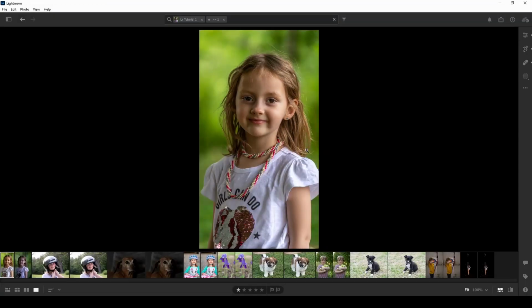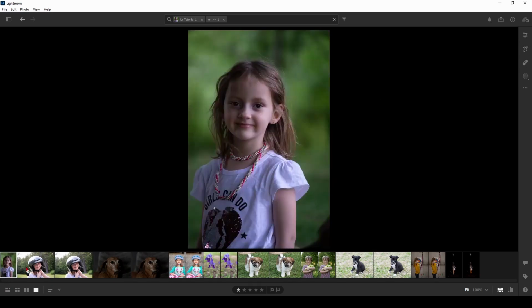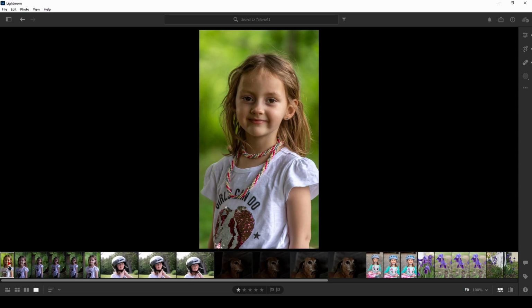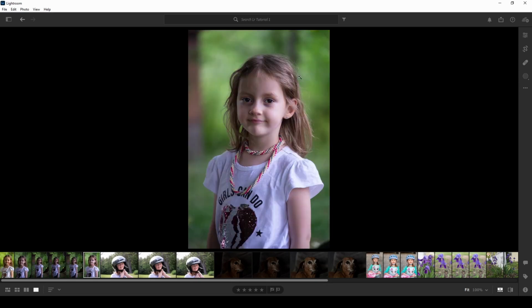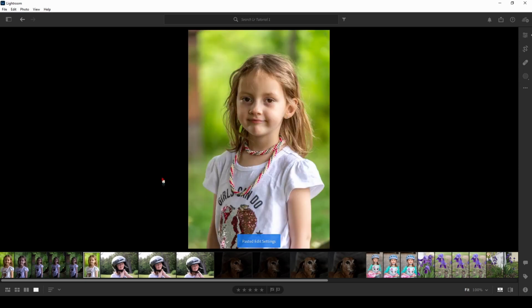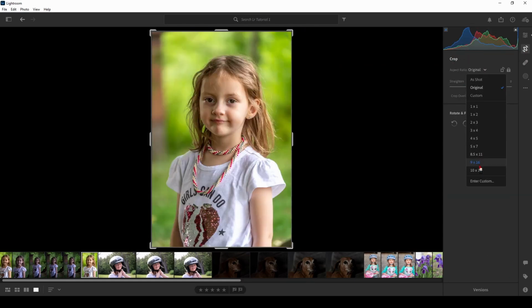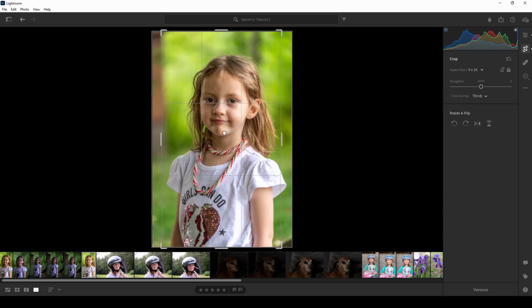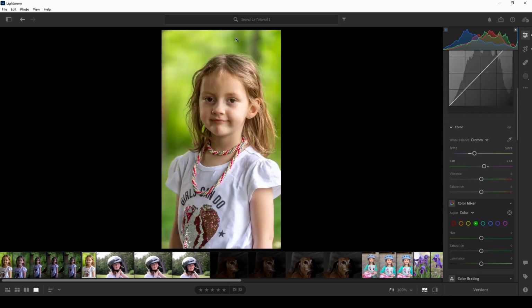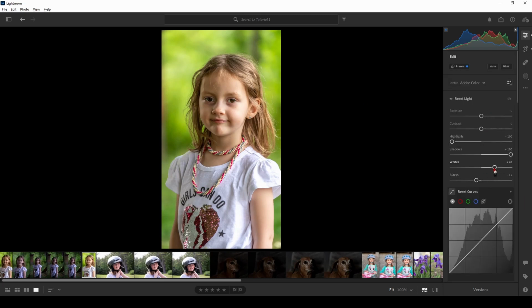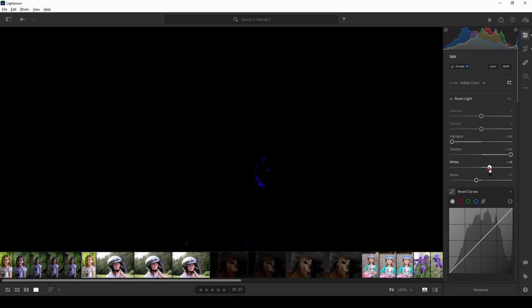Lightroom has an enormous amount of capability, but I think its main strength is that it can be very fast, and you can also copy settings from one photo to another. What you can do is you can go to one photo, hit Control C, select another photo that has essentially been taken in the same lighting, and hit Control V, and you can paste in your settings. And now that I've done that, I can go ahead and crop this one to 16:9, and now I've got another photo, and I can come through and custom adjust these. Just see, this one seems like a little bit of a lighter photo,